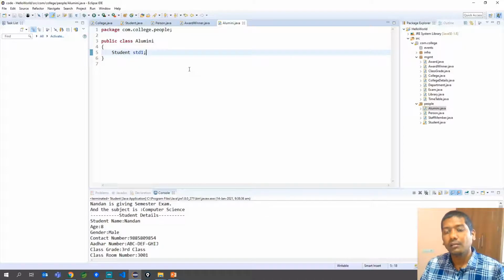For that, you may have to use different kinds of collections or arrays, which we will be discussing in the next sessions. For now, I'll only be using a single student and see what kind of data variables we are able to access inside the non-subclass. As per the slide before, we should be able to access all kinds of data members except for the private.